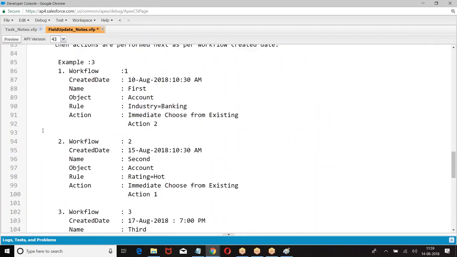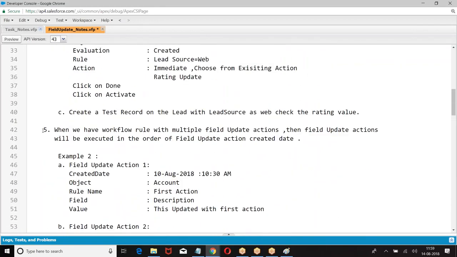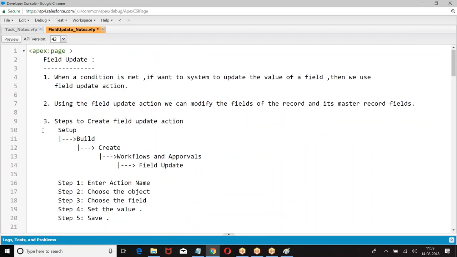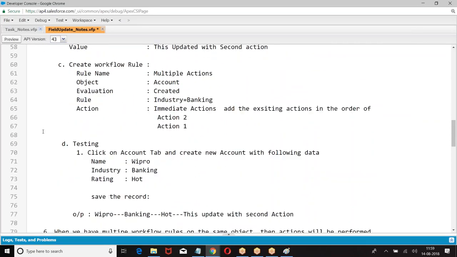See, if you take a single workflow rule field update, no need to have this discussion. If you take only one field update, no need to have this discussion. We are taking a first example, value is modified, action is completed. But practically, in real time, there is a group of rules running on this. Now you need to know which will dominate. What will be the outcome of the rule? When I have 4 rules running on the same record, which will run first? What will be the final output? Based on that, other things will run. There is a reason we insist on knowing the order of their execution.